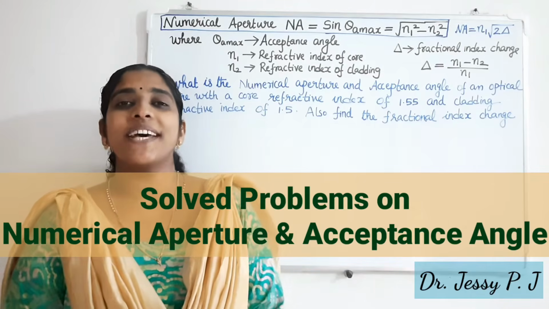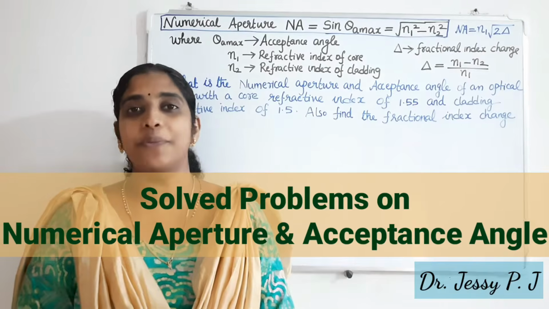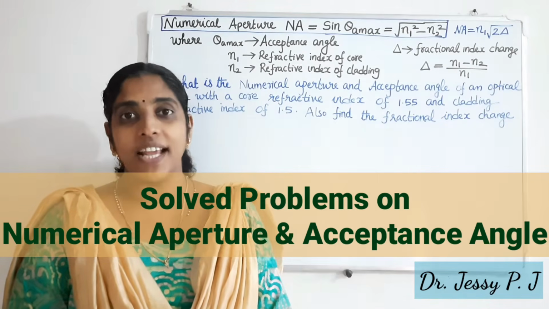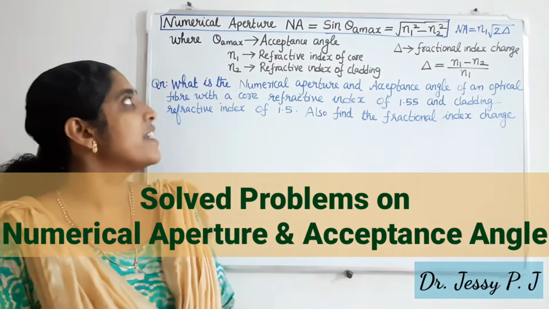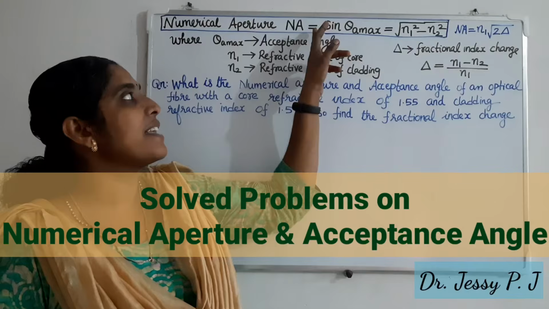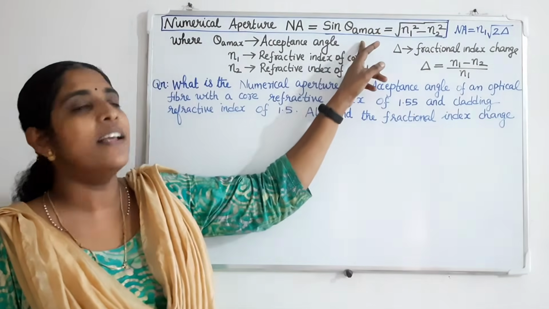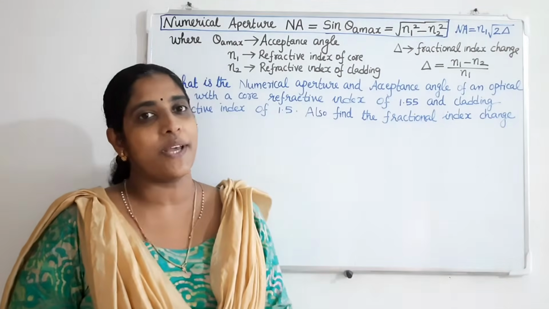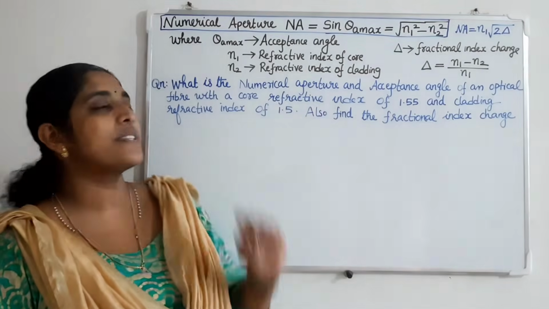Hi all, today we are going to do the numericals based on acceptance angle and numerical aperture of an optical fiber. In the last video, we have derived the expressions for numerical aperture and acceptance angle, which is numerical aperture is equal to sine theta a max, that is sine of the acceptance angle, which is equal to root of n1 square minus n2 square, where n1 is the refractive index of the core and n2 is the refractive index